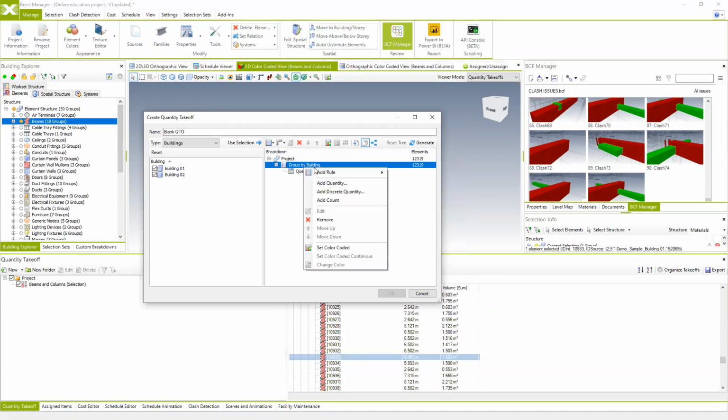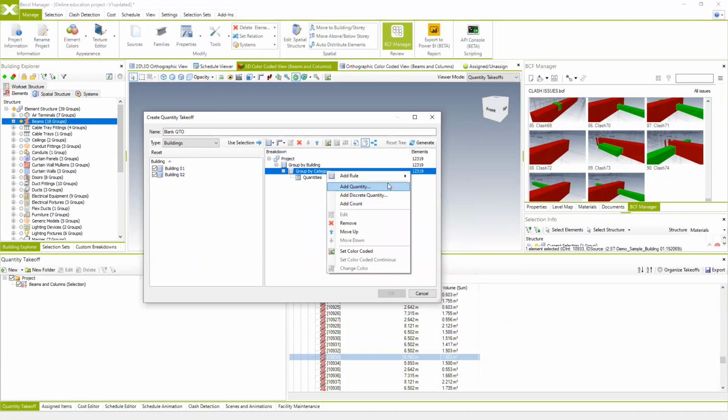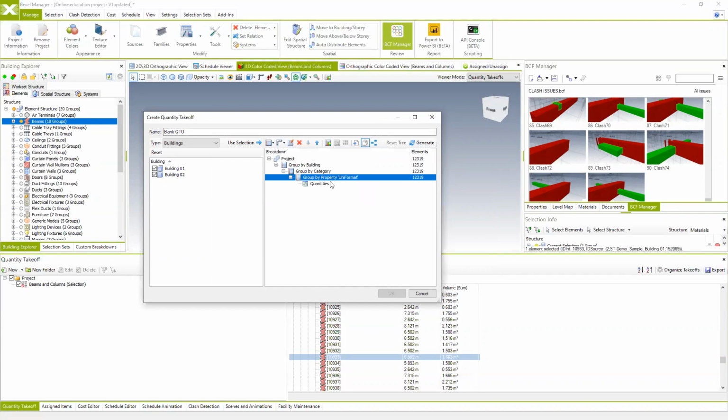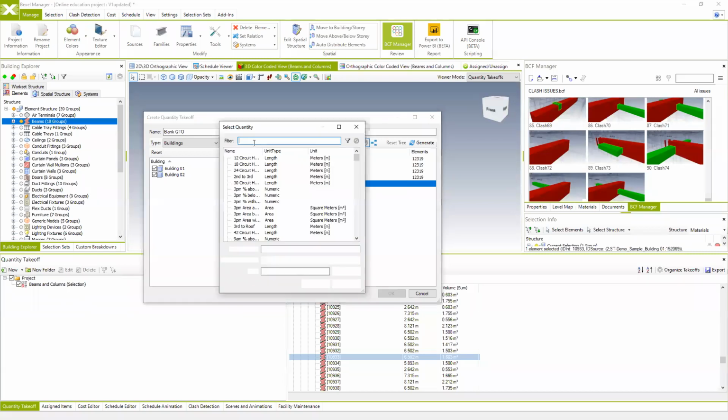This is something that you usually and commonly do, always segregate the elements according to the building, and then according to, let's say, the family or the category. But in this case, we can also use additional discrete property for segregation. So you can use, for example, uniformat code or any available property from your BIM model element, and then segregate the elements according to that. And then you can colorize the elements also in the same way, and then you can choose which quantities you want to calculate. And we can calculate, for example, areas,